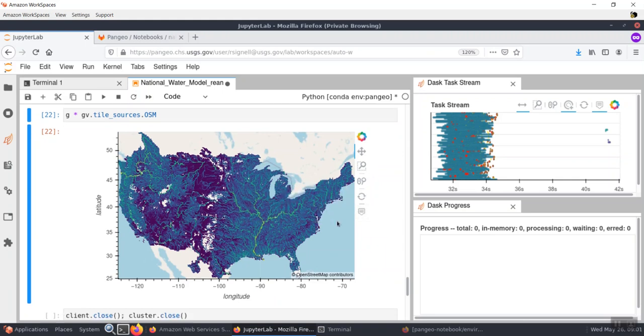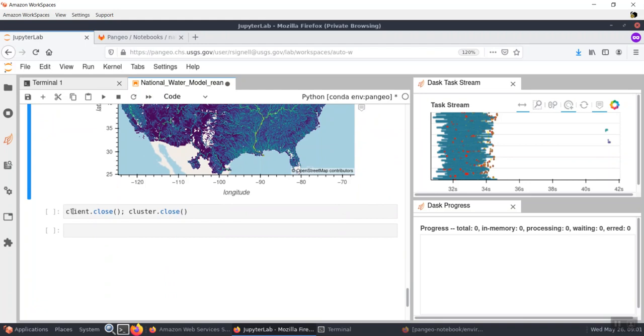And then at the end, to be nice, we close down the client that we've attached to the cluster, and we close down the cluster so those resources aren't